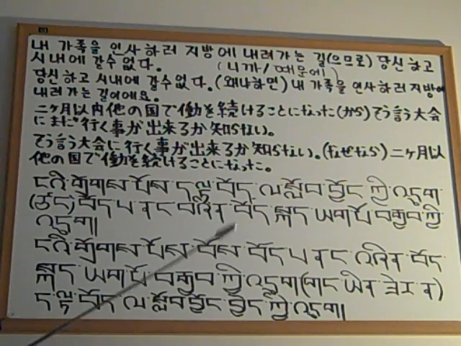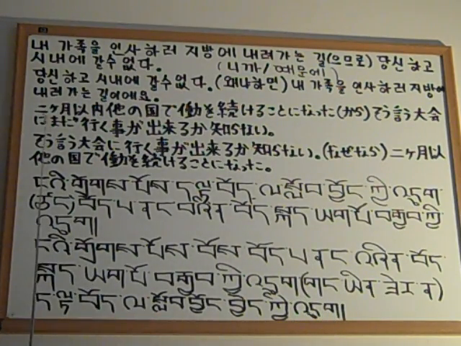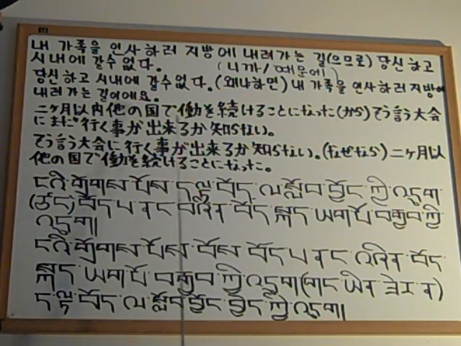All right, so the next one will be Japanese. Let's see what we have here. So we have kara, which is "because", in the middle of the sentence. So, let's see what we got. Okay. 2ヶ月以内、他の国で働き続けることになったから、そういう大会にまだ行くことができるか知らない。 So, 2ヶ月以内, that means within 2 months, 他の国で, so this is other country, in another country, 働き続ける means to